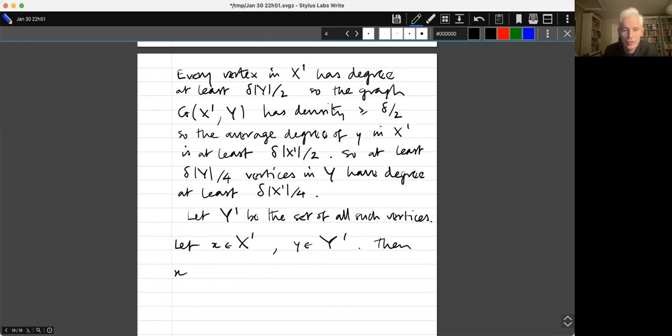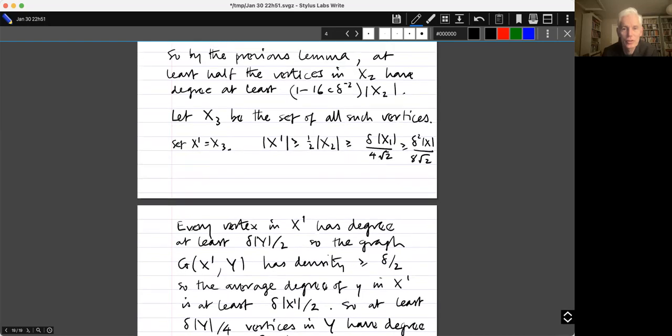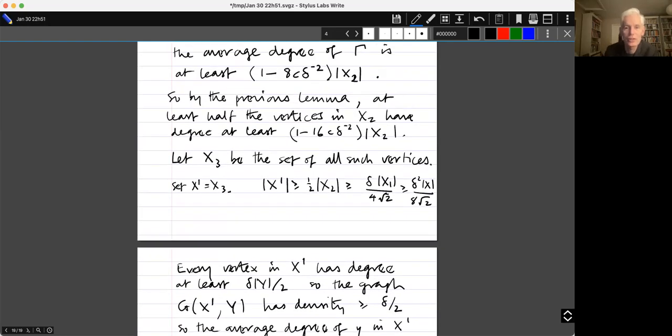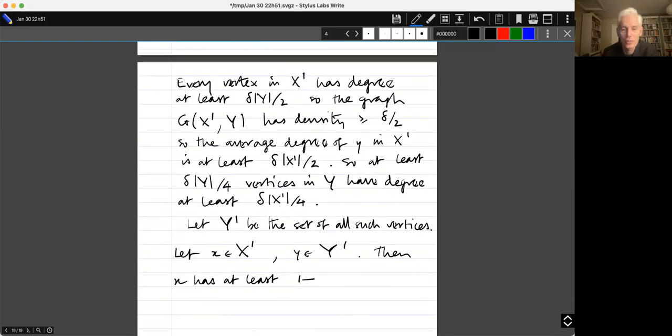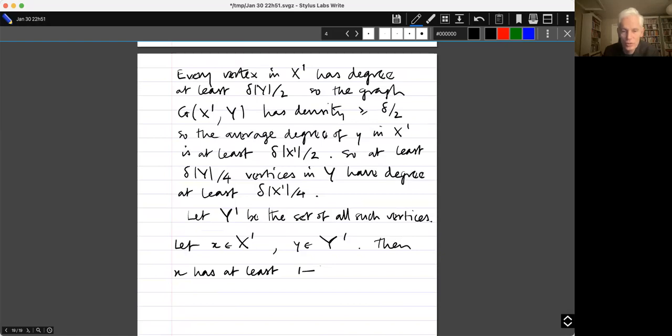Then x has at least 1 minus, so remember x has degree at least 1 minus 16c delta to the minus 2, so 1 minus 16c delta to the minus 2 times x dashed, times x2 neighbours